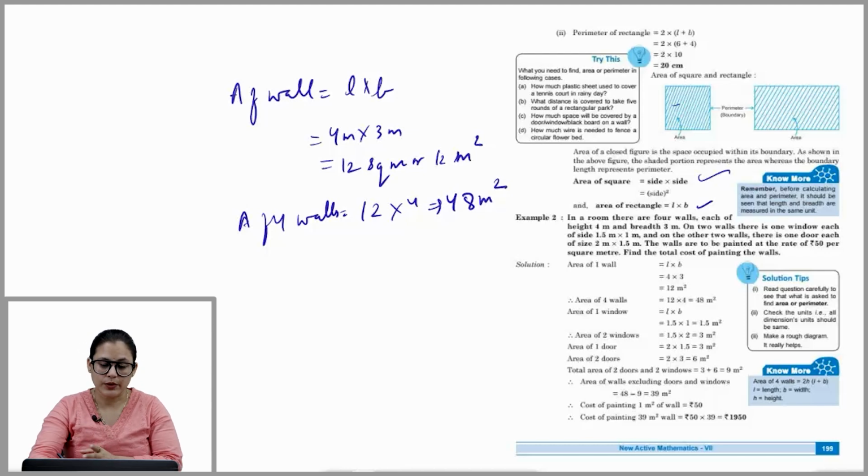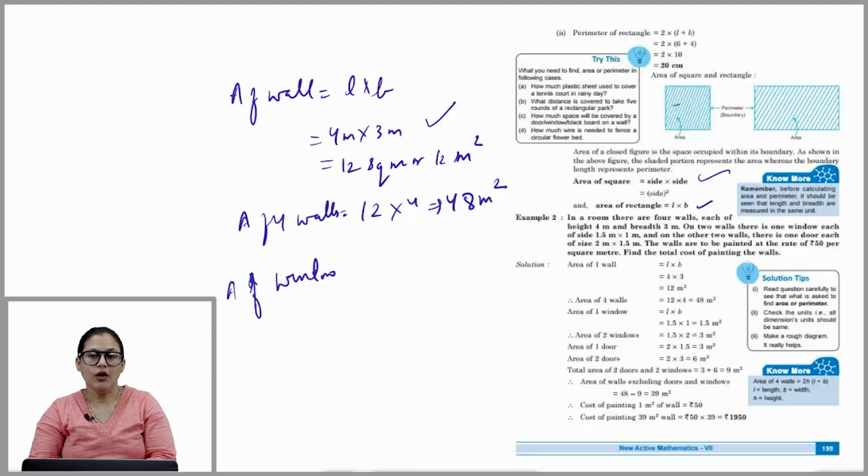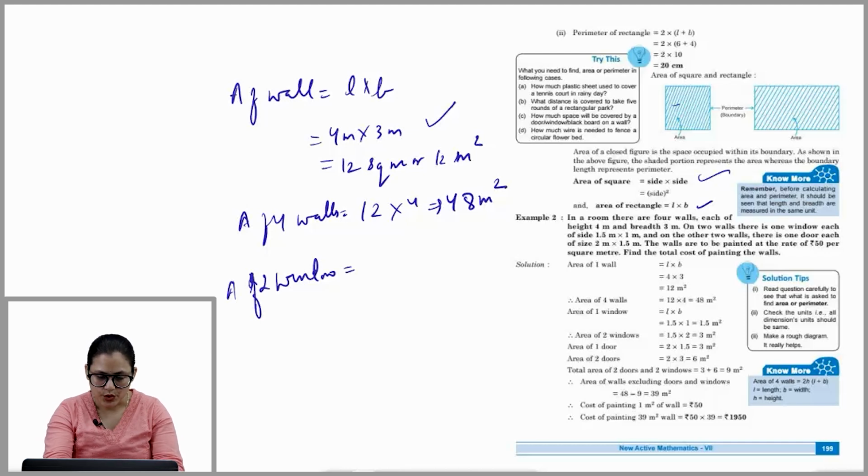Okay. First, we will find the area of 1 wall, and then we will multiply the area by 4 because there are 4 walls in a room. Now, we will find out area of 1 window. So, how many windows are there? Area of window. As you can see in the question, on 2 walls there is 1 window each of side. Means on 2 walls there is 1 window. That means how many windows are there? There are 2 windows. So area of 2 windows is 2